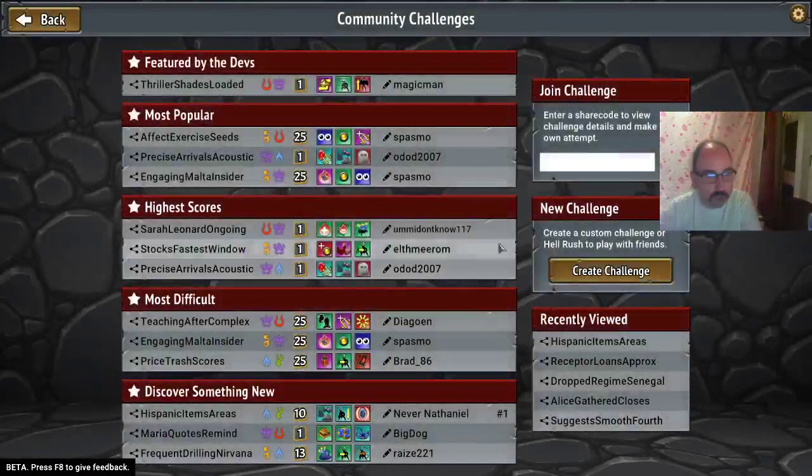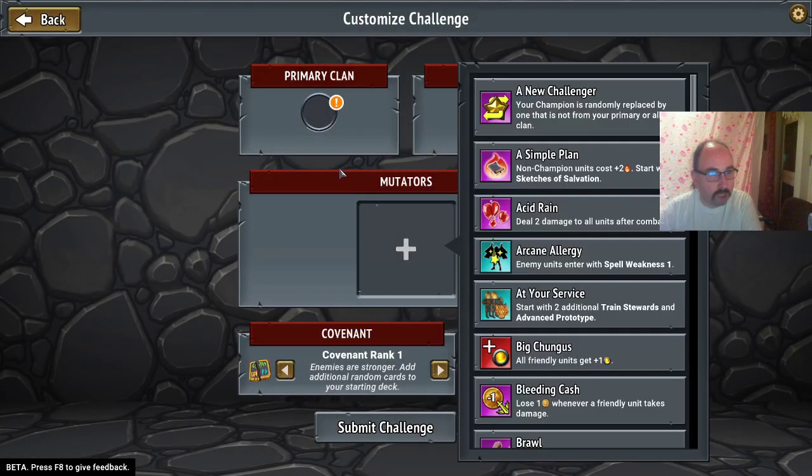Then let's just look at some of the new mutators. Just discuss them real quick. A new challenger: your champion is randomly replaced by one that is not from your primary or ally clan. That can enable some very funky gameplay, like having Conduit Tethys in a non-Stygian deck. That could be pretty fun. Or yeah, there are a lot of interesting possibilities with this one, but it's random, so